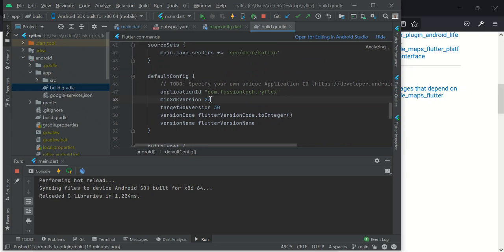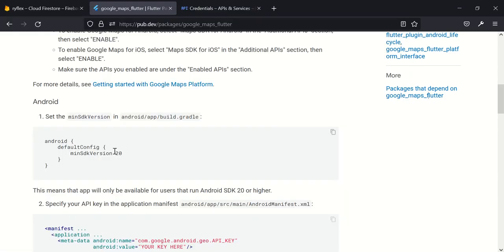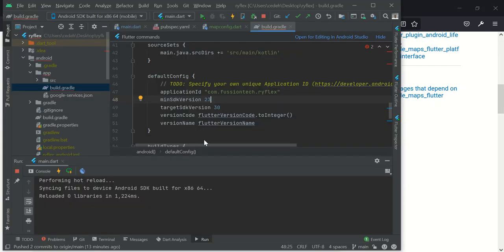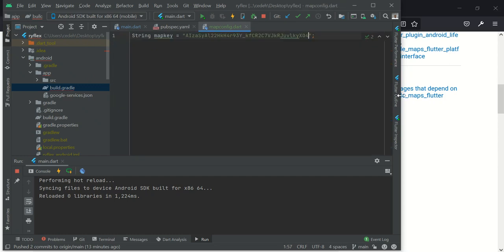When you create your project, the default value here is 16, but because I'm using Firebase authentication, which requires a minimum of 21, I've set mine to 23. You can set yours to any version, but it must not be less than 20, just like they specified here. So go ahead and set yours to 23 if you want. Then the next thing we will be doing is to